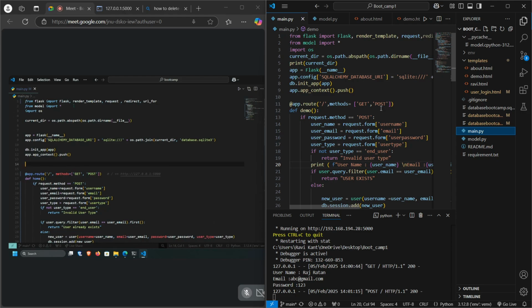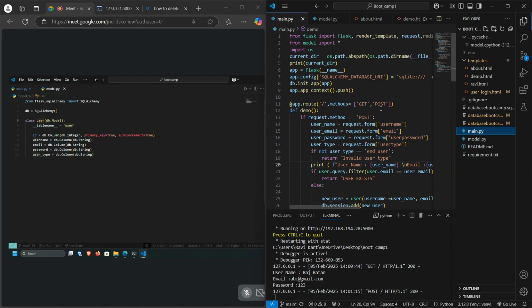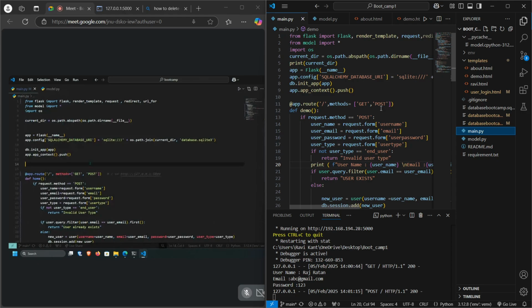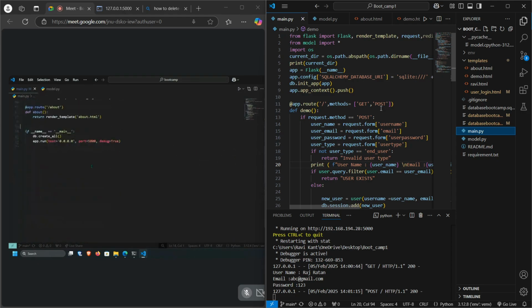But now I know that it's better to have it in a different model.py file because it makes it much easier to deal with, since my code is now compartmentalized. I know which part of my code is in which file, so I can go into that file and focus only on that part. I don't have to scroll